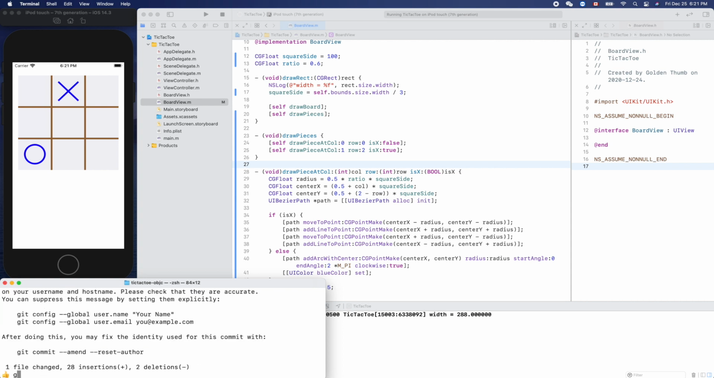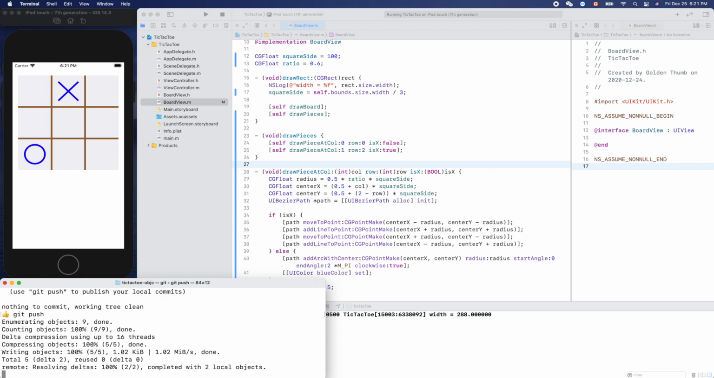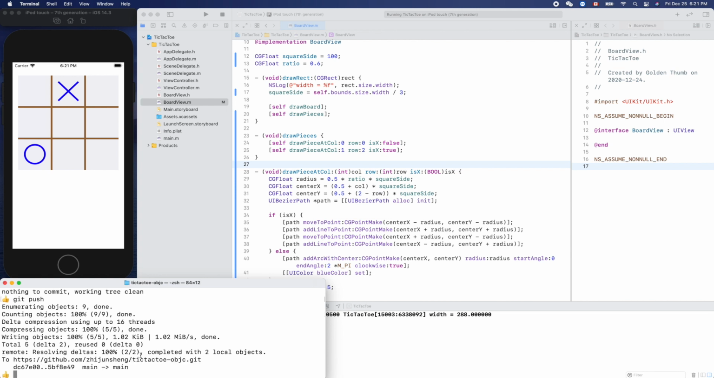Push. Okay, so it just pushed this main branch